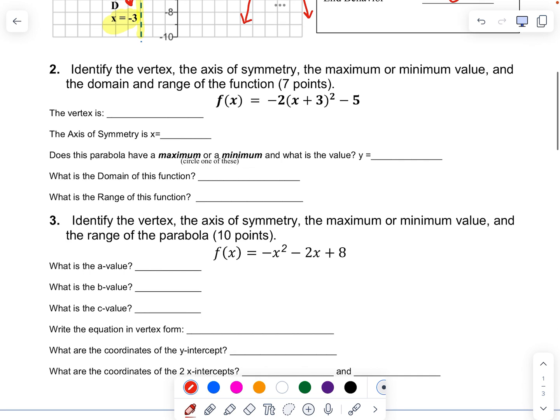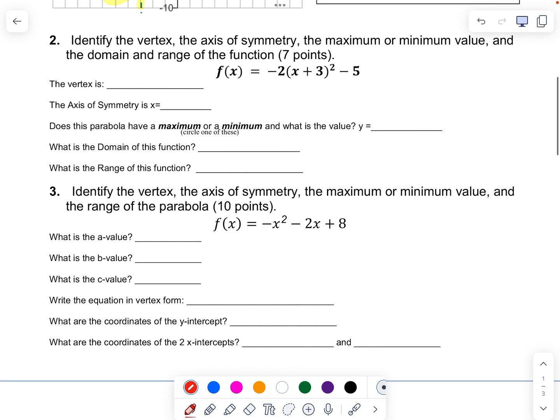All right, let's continue on. Here's a function in vertex form. We have to identify different parts of the parabola. The nice thing about vertex form is it tells us the vertex. What we need to remember, so our vertex is right here, it's these numbers right here. But what we need to remember is that we need to take the opposite